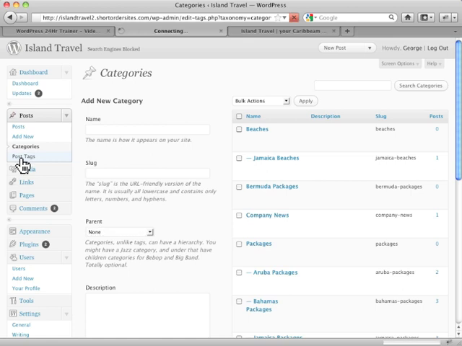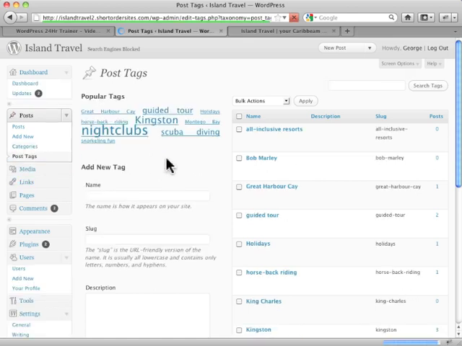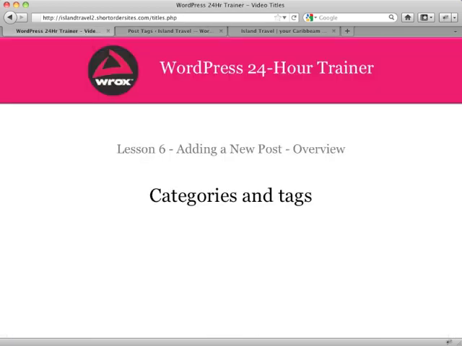Same for tags. There's a basic management point here where I could add a new tag that would then become usable on any post, and I can manage the existing tags that are here. So there's a quick overview of organizing your posts using